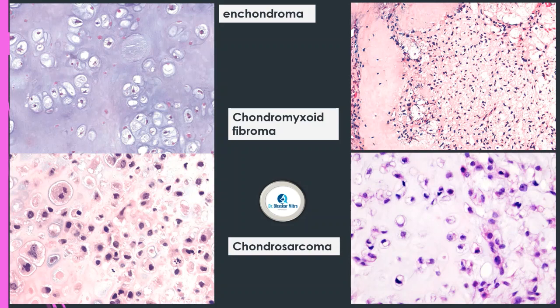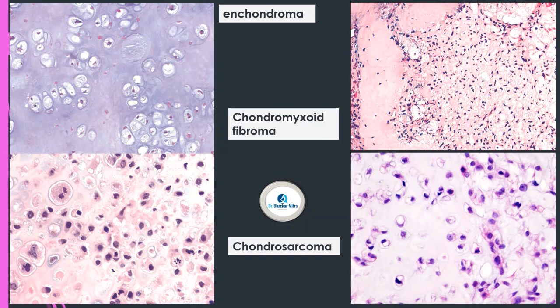This is enchondroma, where the cellularity is increased, more cells in the lacunae, but this is a tumorous proliferation, not a normal mature cartilage. So this is enchondroma. Followed by there is a chondromyxoid. The stromal background is very high in these lesions, with very characteristic cartilaginous lesions along with the fibroblastic stroma. The most common is the chondromyxoid fibroma, and the lower two pictures are of the malignant cartilaginous counterpart or the